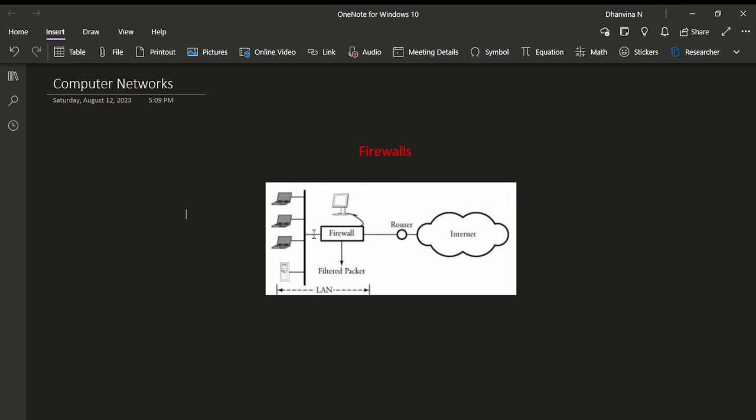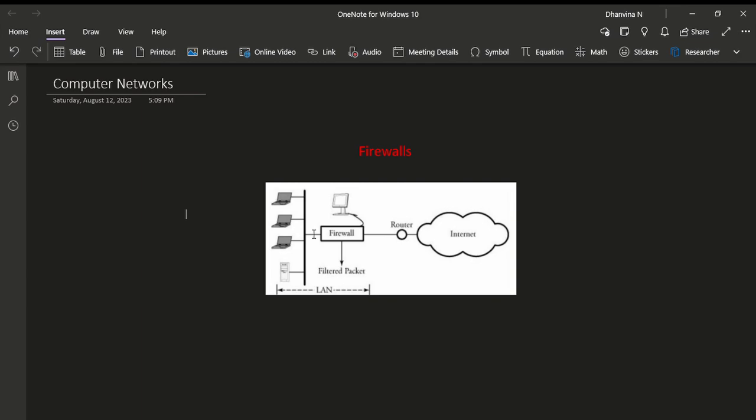So the biggest security advantage of installing a firewall in a business network is to protect from any outsider or a hacker logging in to the network. Sometimes a firewall is put where a large amount of data flow is normally expected.